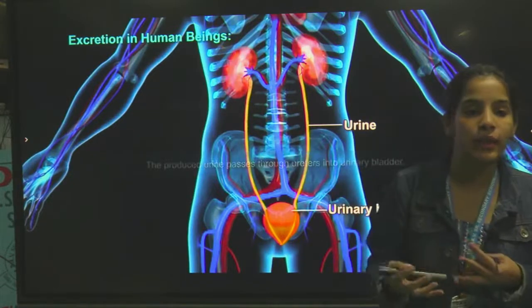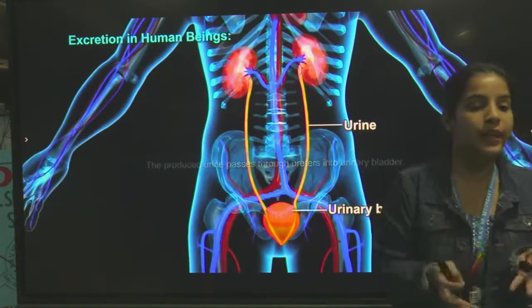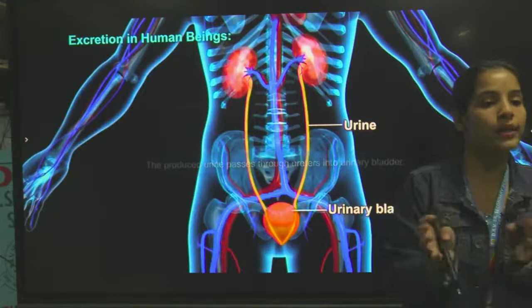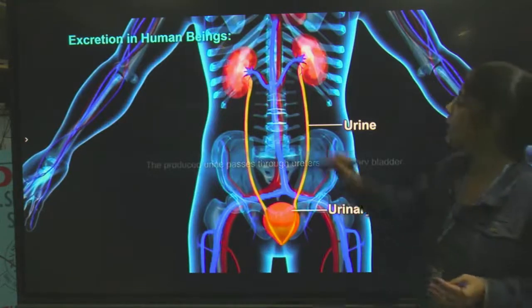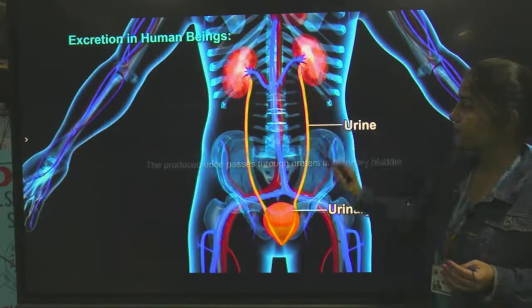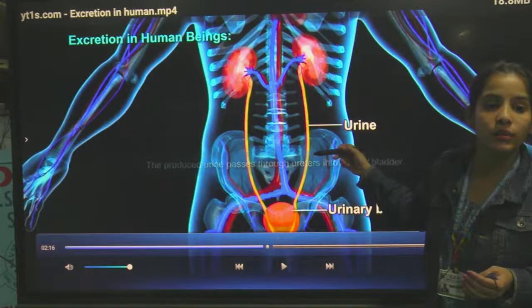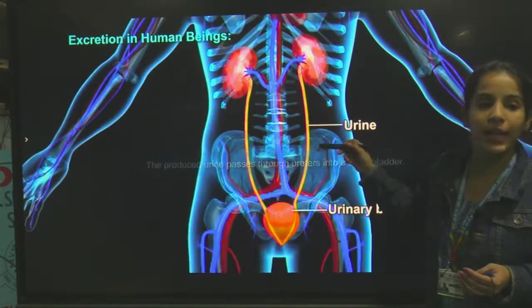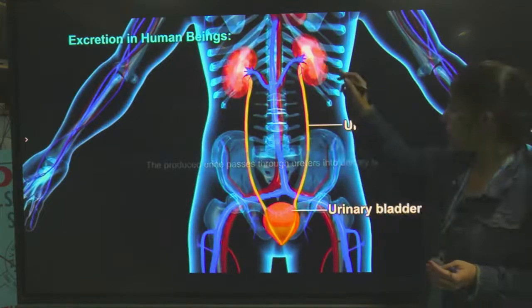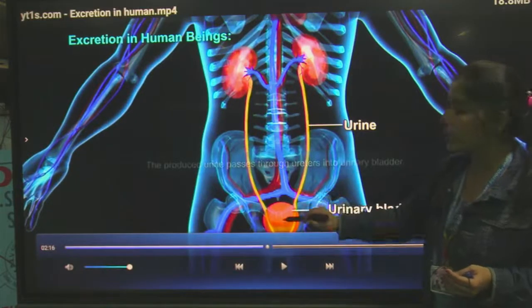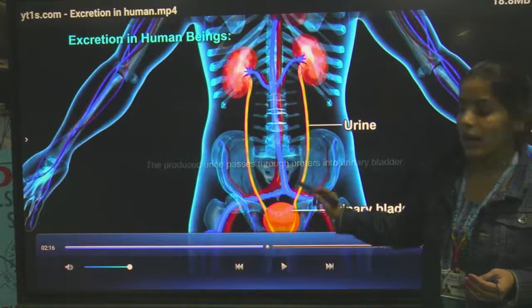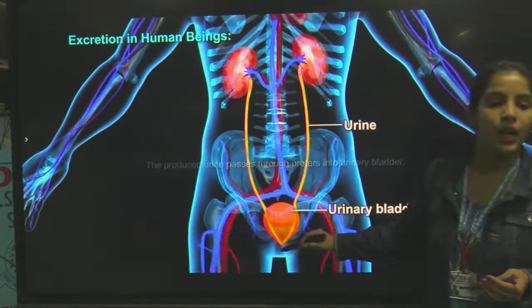They filter the blood and excrete out all the urine, okay, and then this urine goes to the tube, that is ureter,